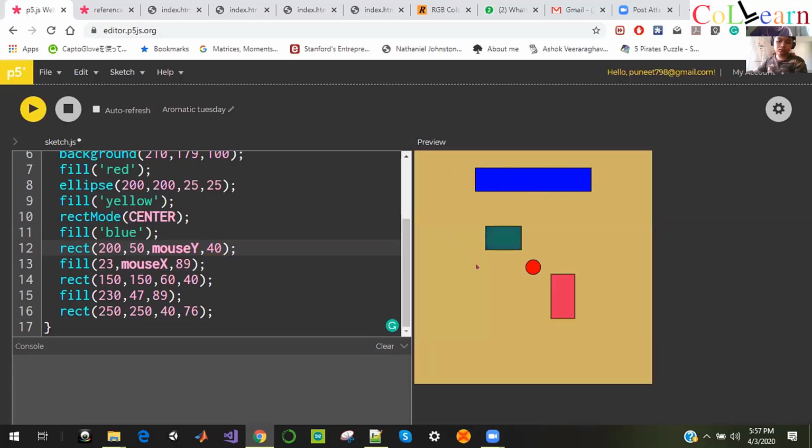If you see, it's changing. Since Y is 0 on top and Y increases as I go down, Y is 400 now for me. Okay, you guys do it and tell me. I'll shut up.